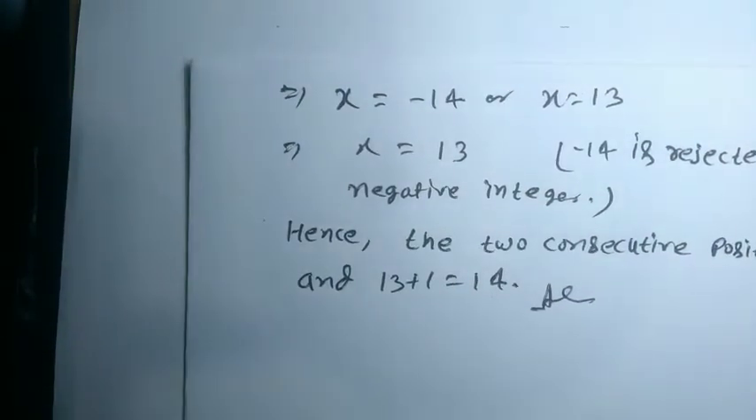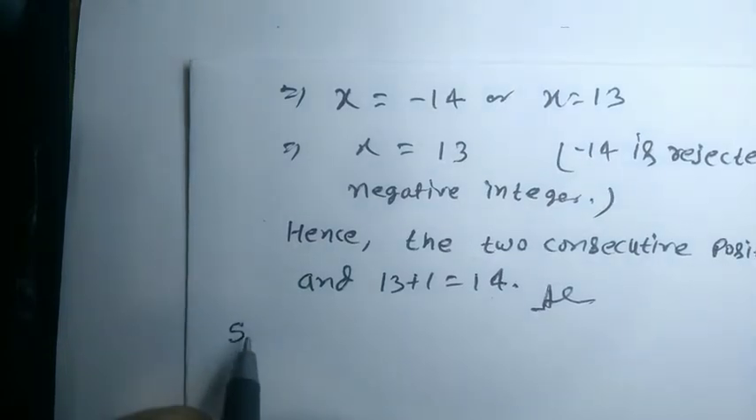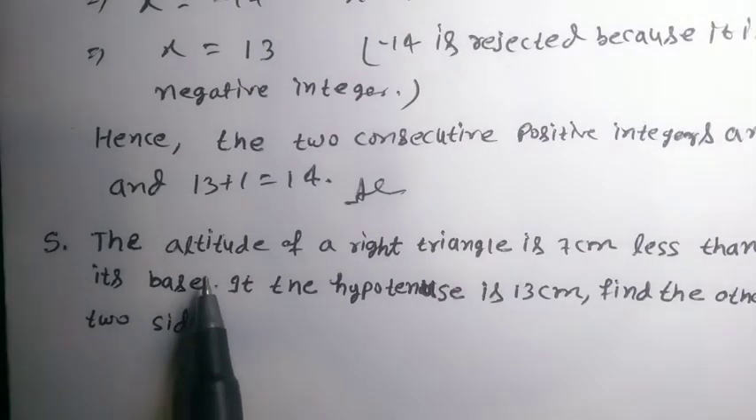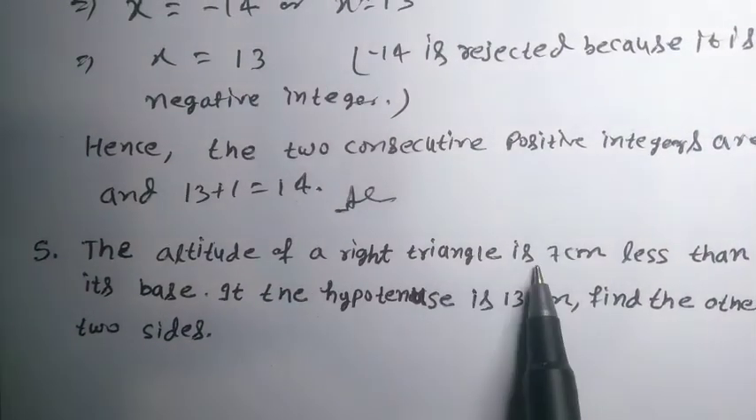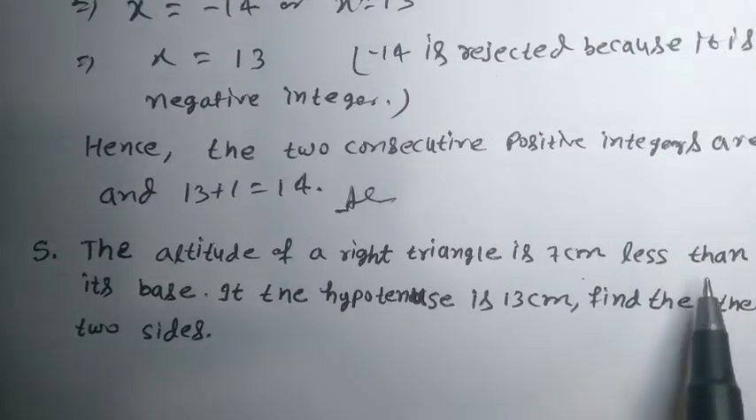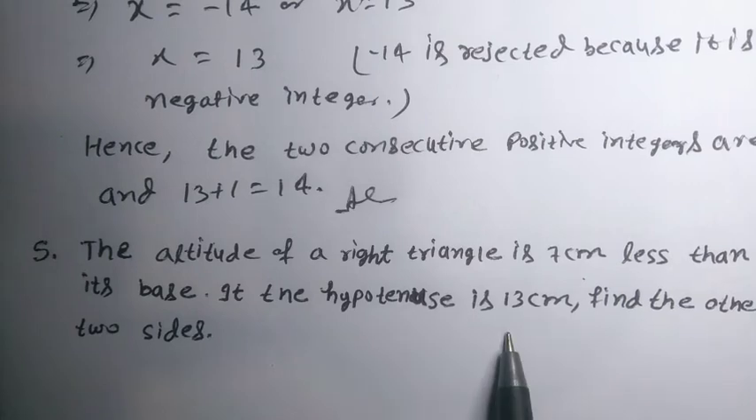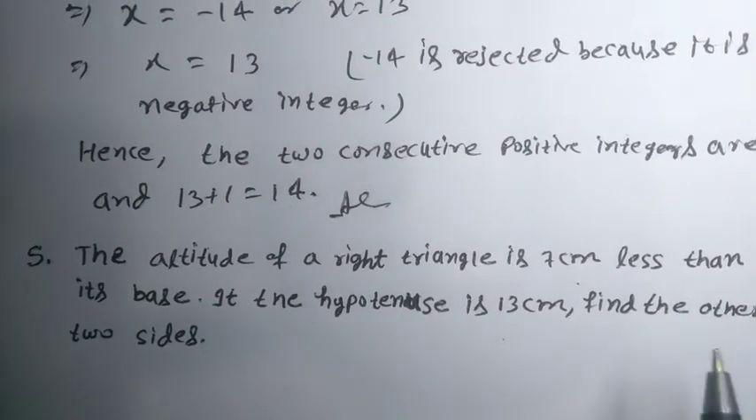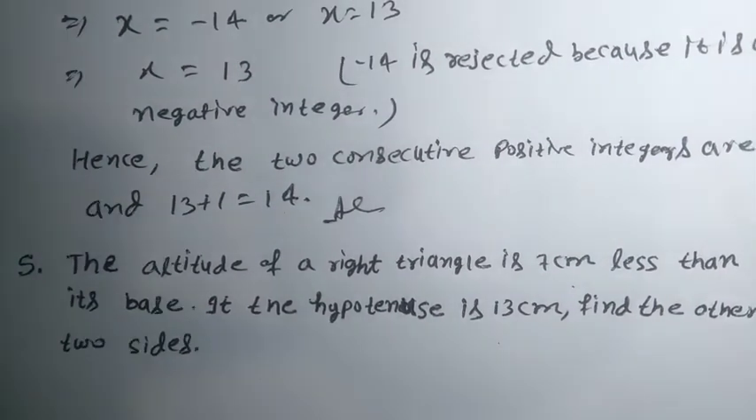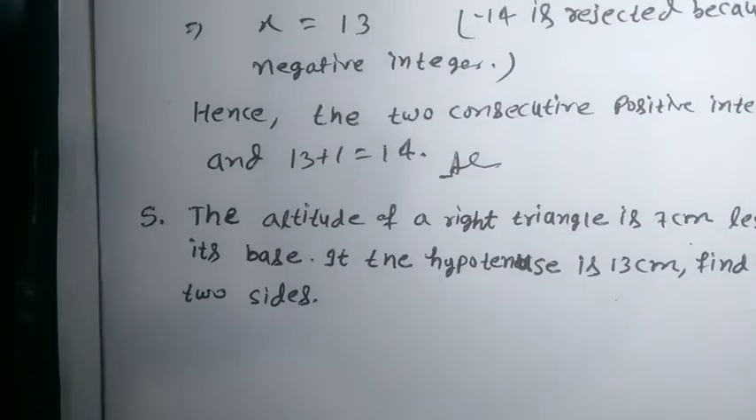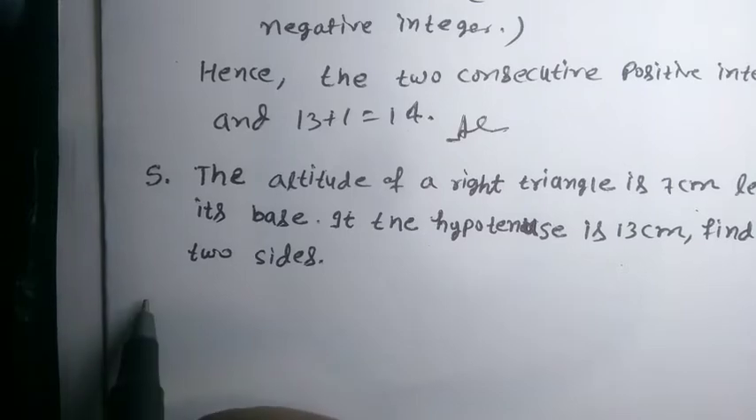The next question, question number 5. Now, question number 5 is: the altitude of a right triangle is 7 centimeter less than its base. If the hypotenuse is 30 centimeter, find the other two sides. Now solution,